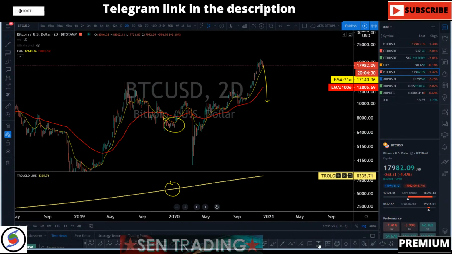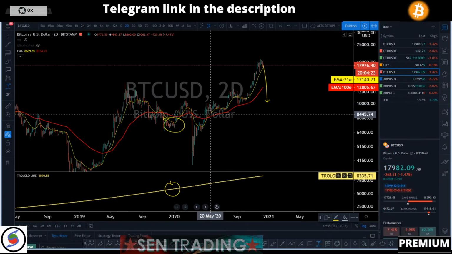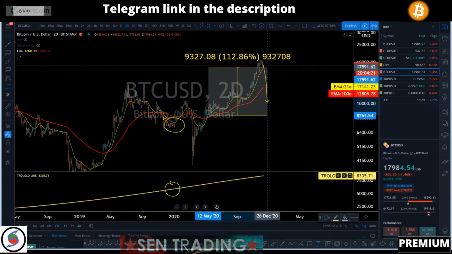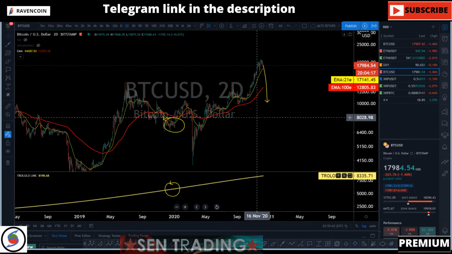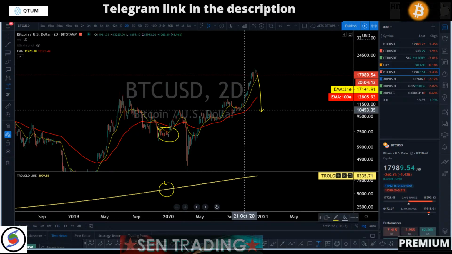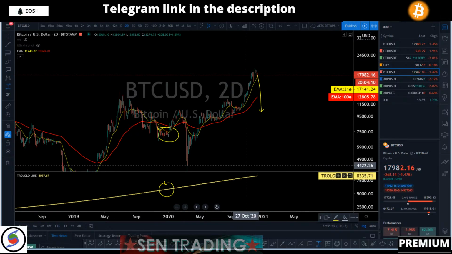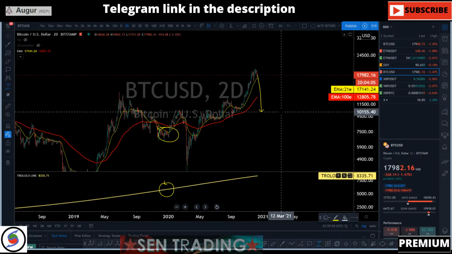But once again, I'm not saying we're going to pump to 30K. All I'm saying is right now the trend line is at 83, right? And Bitcoin is at 19K. That's like a 100% move. It's not going to be 1-to-1, but since BTC doesn't like to stay below the trend line more than 10%, at least we're going to expect like 15K. So buying BTC right now at 16-17K for the next few months, you're still going to get a good return.